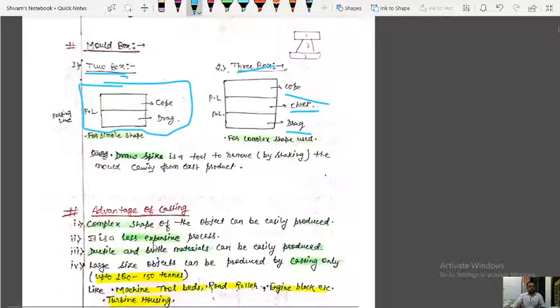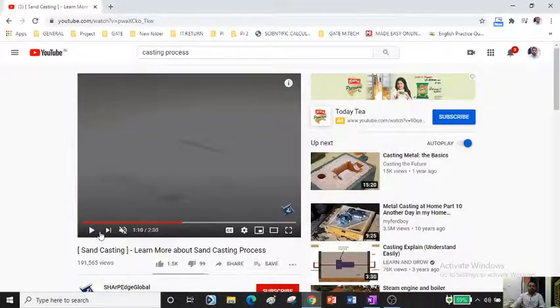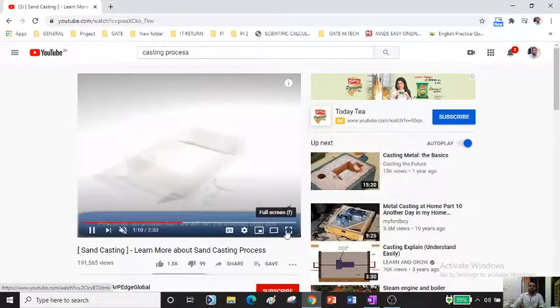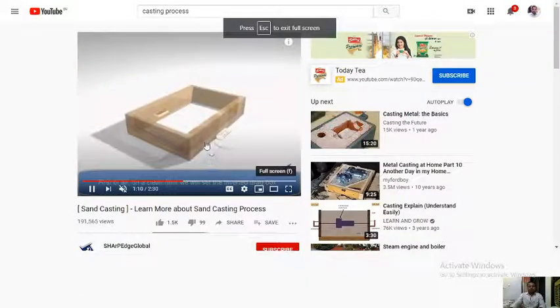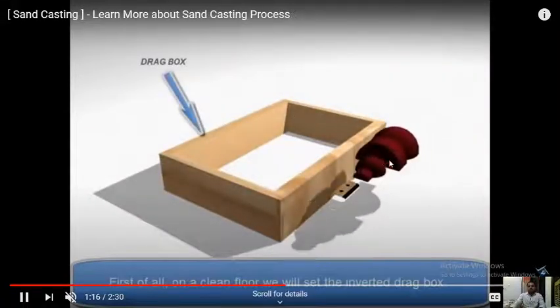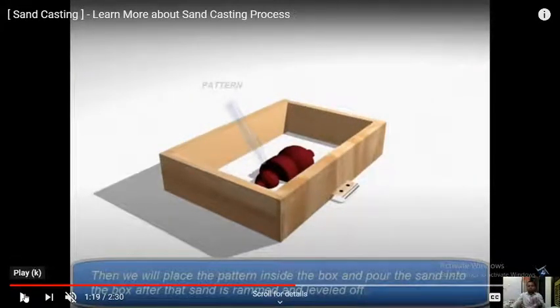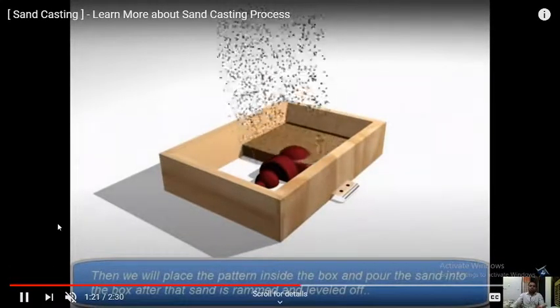Now before moving further, I just want to show you one of the videos which will make more clear what actually casting is and how sand casting is done, and I will be explaining it. Here you can see that this is a drag box, and in drag box we are just putting this pattern, the kind of object which we want actually to be solidified or casted. That kind of pattern we will make first of all, and then in that drag box we will put that pattern, and after that sand or molding sand will be put and we will ram it